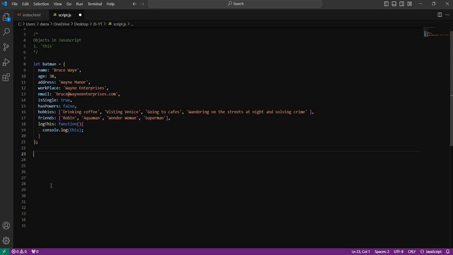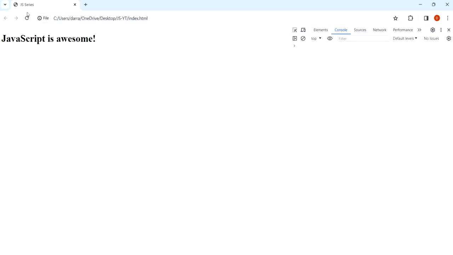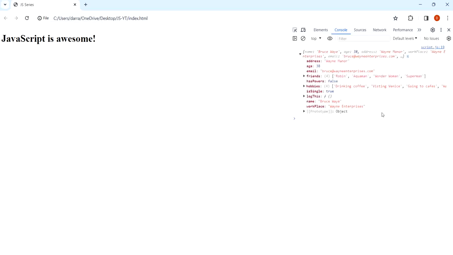the console. So if we want to call or invoke a method built onto an object, what we can do is we can just type out the name of the object itself, use dot notation to access the properties and methods, and search for log this. It is a method, so we have to use parentheses to call or invoke that method there on the Batman object. So if I now save and refresh, what do you think happens when we log out the this keyword